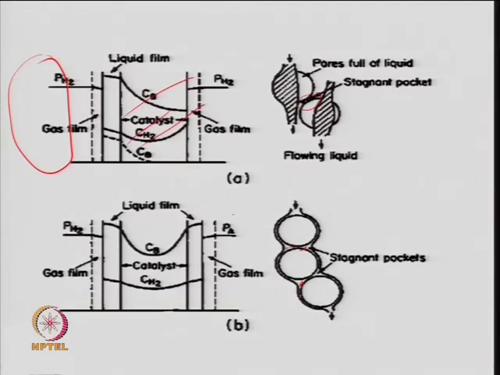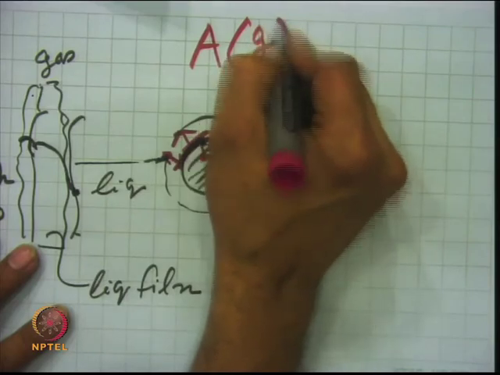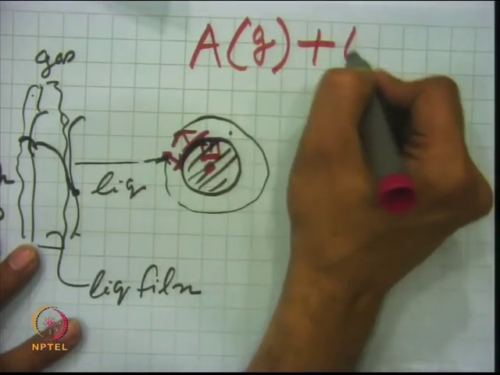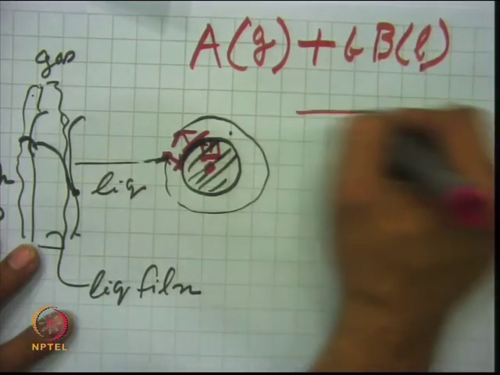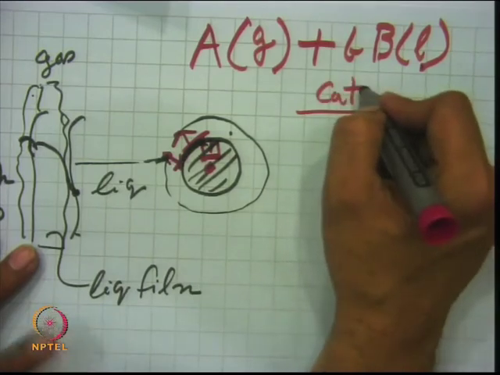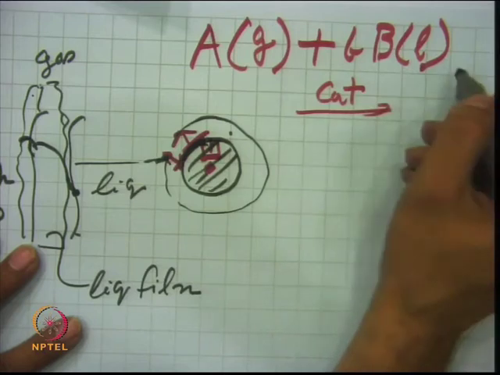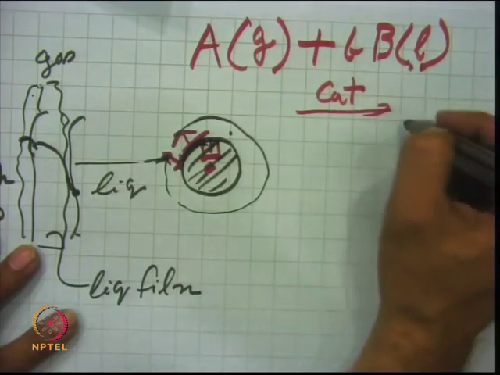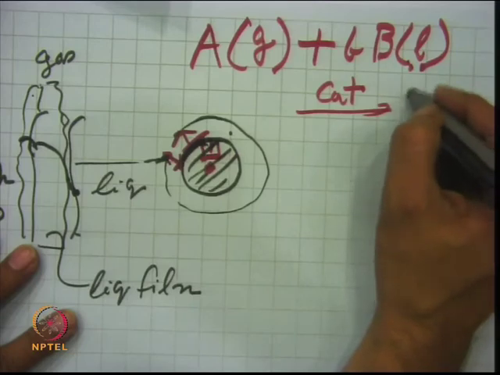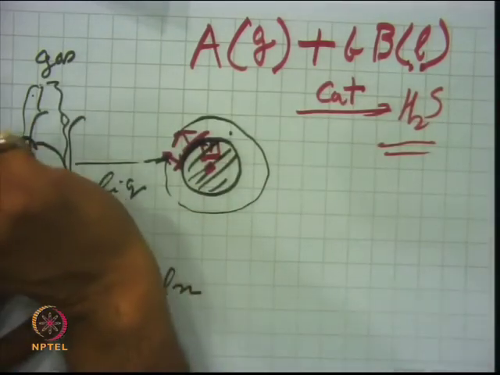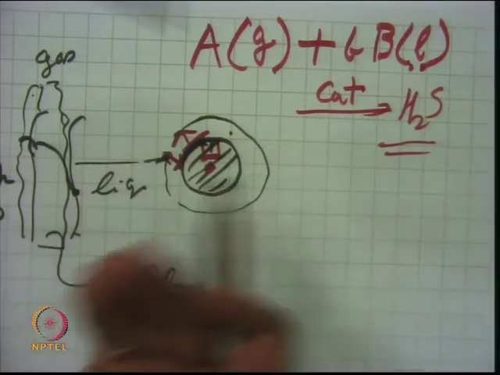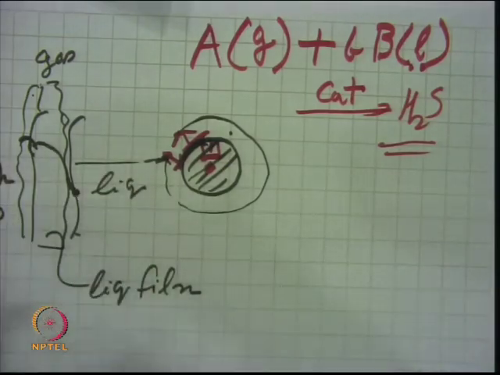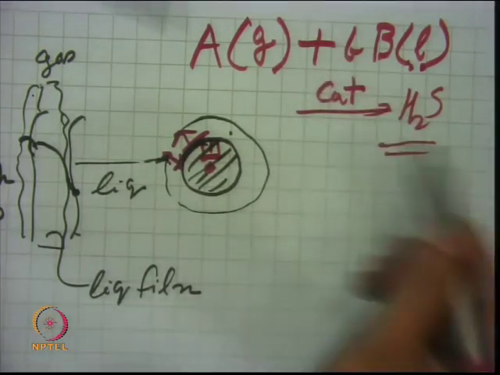Stoichiometrically, one can simply write A, which is a gas here like hydrogen, plus some moles of B, which is in the liquid and available at the surface of the catalyst. This is in the presence of a catalyst like CoMo or NiMo, as I said, for hydrodesulfurization, the removal of sulfur. This is the sulfur compound, and mainly the product will be hydrogen sulphide if it is desulfurized. The other liquid, kerosene, which has a sulfur compound, will get converted to hydrogen sulphide, and the other part of the kerosene, which is mainly hydrocarbon, will not be converted. This will come out from the core of the catalyst.